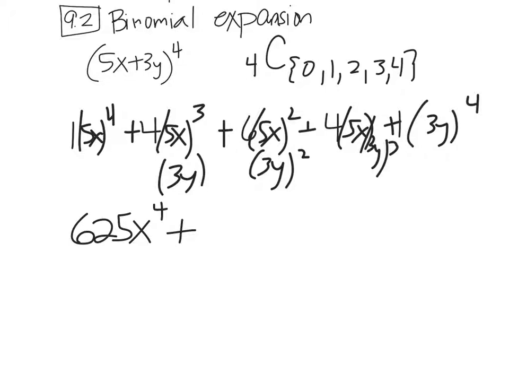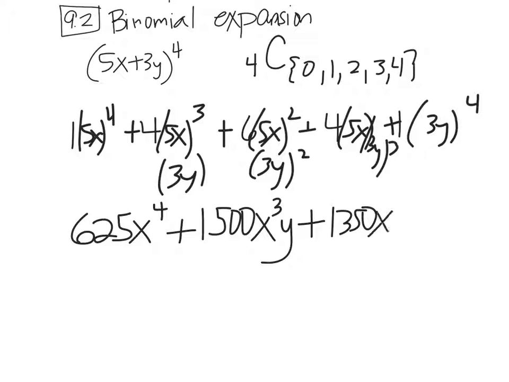And I get 1,500. 1,500 x cubed y. Okay, and then the next one, 6 times 5 squared times 3 squared is 1,350. And now x is squared and y is squared, okay? I'm not going to finish it, so you can see what happens. Now, if there's a minus in the middle of that, you alternate: positive, negative, positive, negative. Okay,